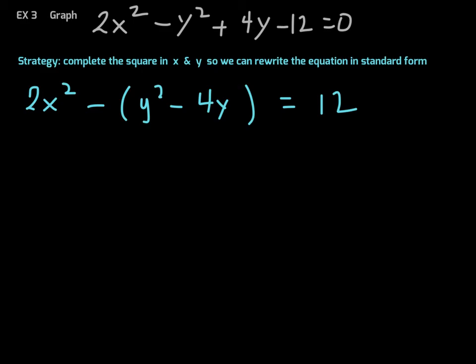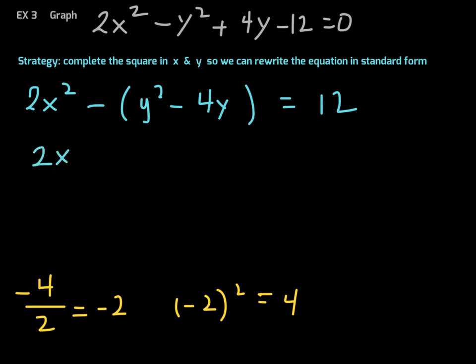Okay, so then remember, this is how we complete the square. We take the coefficient of the first degree term for y. I'm completing the square in y. So take -4 and take half of that, which is -2, of course. And then take -2 and you square it, and it becomes positive 4. So I'm going to squeeze in a positive 4 right there in that y group, if you will. So then I end up with 2x squared. Let me go back here. Write in one color here. Okay, so then I'm going to end up with 2x squared minus y squared minus 4y plus 4 is equal